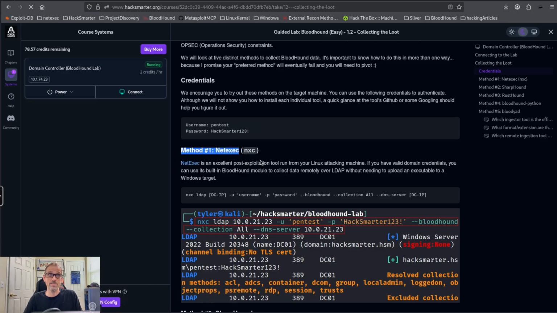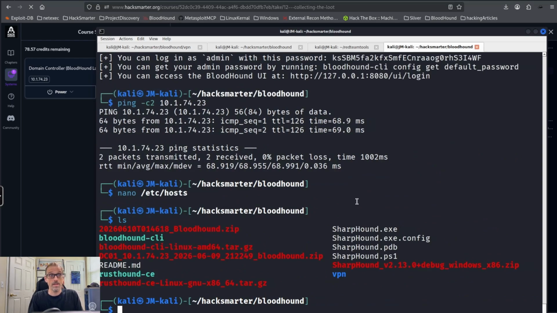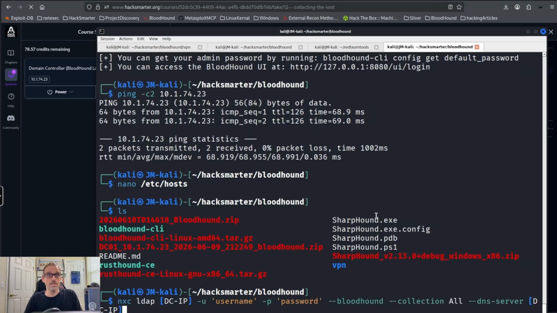So we're going to do it various methods. One of the methods is NetExec. They give you the format here, so I'll just copy that. We will go over here and we will ls. And it looks like what I will do is I'm just going to paste all of that. And then instead of just saying placeholders, we will put in the actual DC